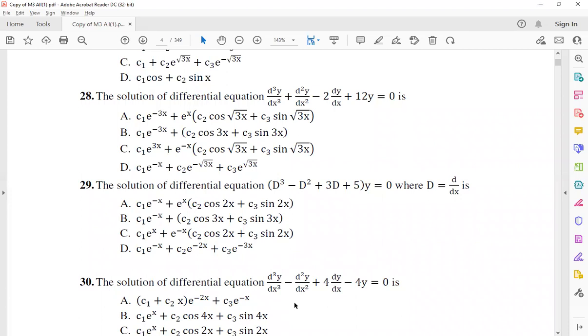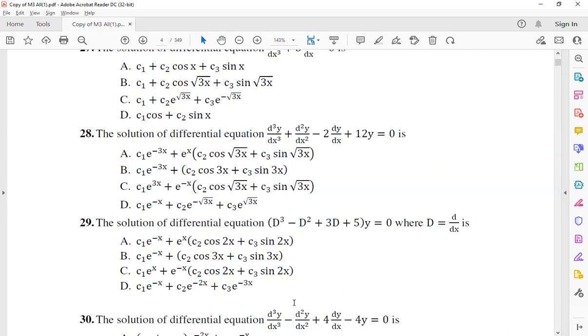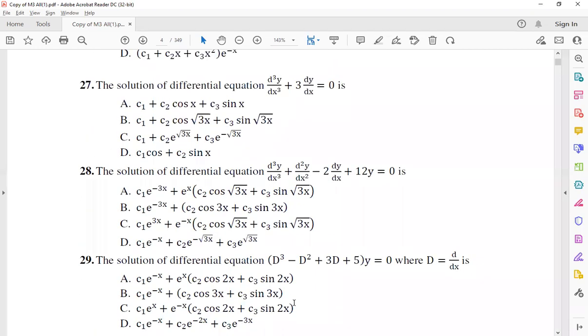-1, 1 plus minus 2i. Roots are for 29. Please solve the roots. A is 1, B is -1, C is 3, D is 5. -1, 1 plus minus 2i. -1 is real, so it can be like this. And there are 3 such options. But -2, -3 is not there. So B gone, C gone, D gone.